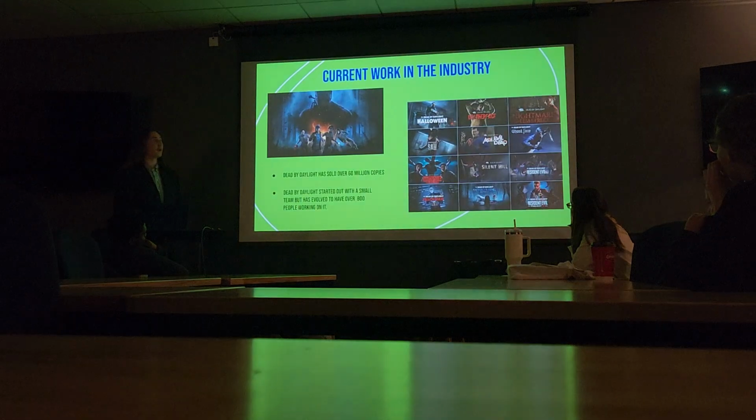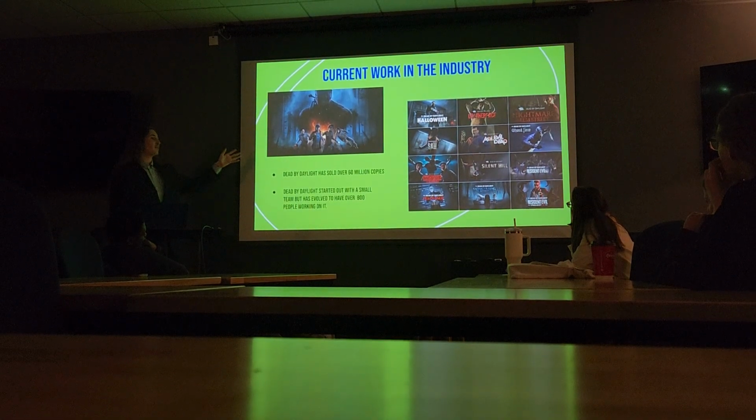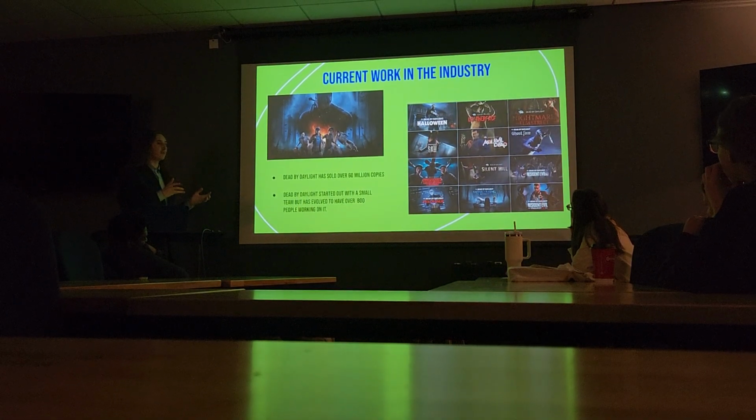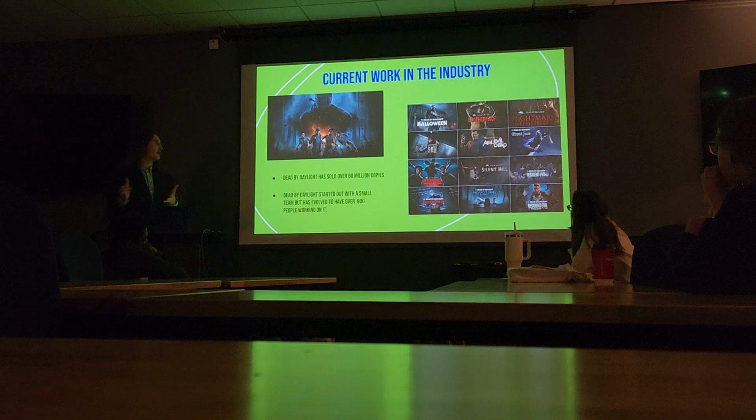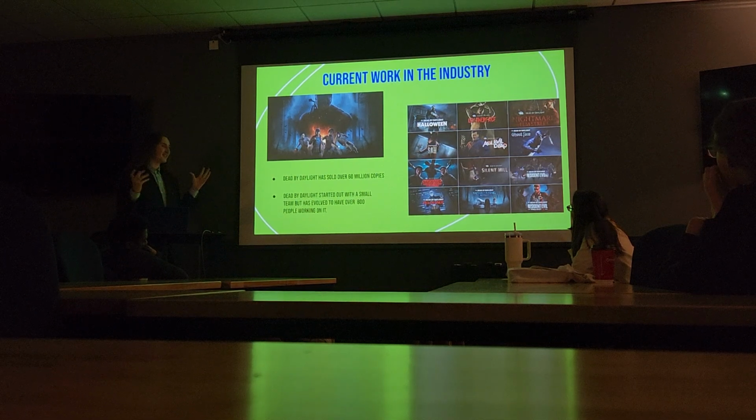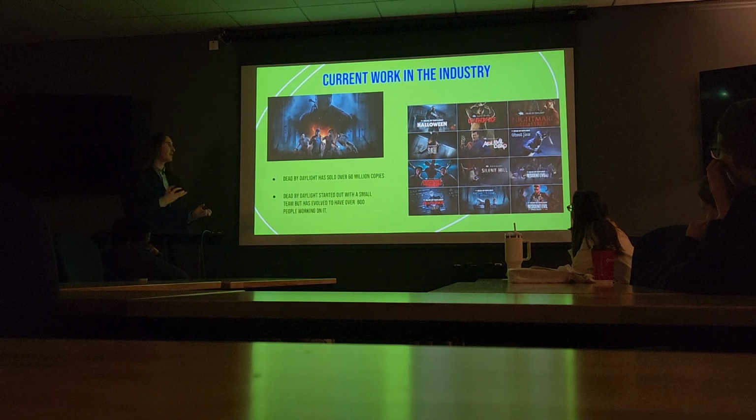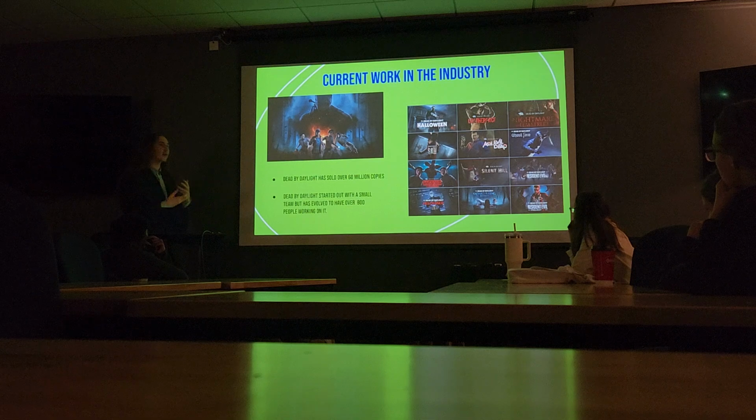So actually, back to Dead by Daylight, they were an indie game before they became really popular. So all their code is also a bunch of hogwash. It's all tied in with weird aspects. It makes it really hard to make changes to it. But because it got so popular, they can't really do much to change it because it's so fundamental. So while it still uses industry standards, you still got to relearn it essentially because of how strange it is.